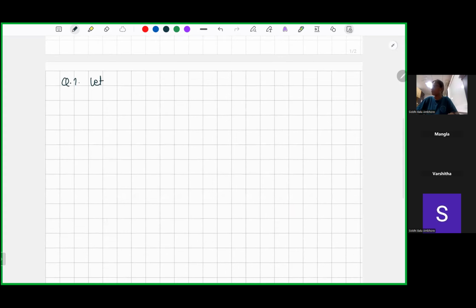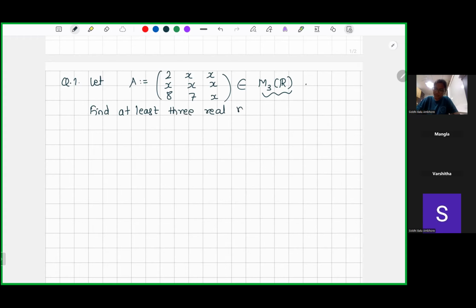Let A be this matrix 2x, x, x, x, x, and 8, 7x in M3R. This notation means 3 cross 3 matrices over R, and when I say over R, it means all the entries are from real numbers. We have to find at least 3 real numbers